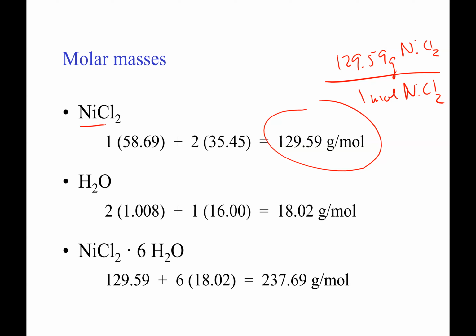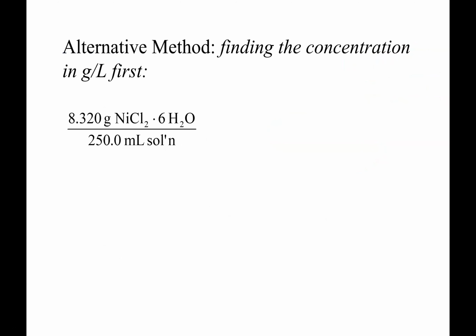All right, so with all that in mind, instead of going for molarity first, we're going to go for grams of NiCl2 per liter of solution first. Now this is the alternate method. I could simply put the mass of the hydrate, that's 8.320 grams of NiCl2.6H2O. You should have a little place on your lecture slides to put this. There should be a box that says alternate method. So that 8.320 grams